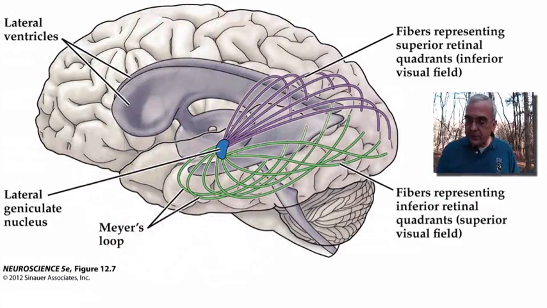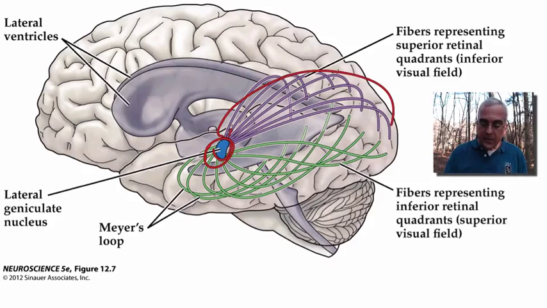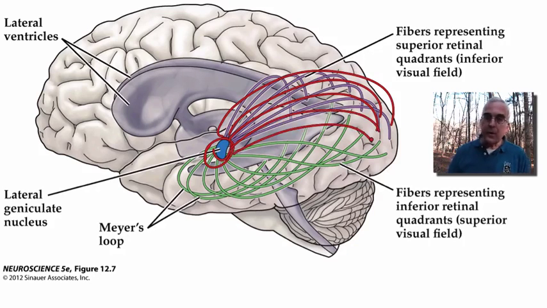Here from the lateral view, again, we find our lateral geniculate nucleus, which gives rise to the optic radiations. The optic radiations sweep around the lateral ventricle. Those that run through the parietal white matter are representing the lower visual field, and those axons travel and terminate in the cuneus gyrus on the upper bank of the calcarine sulcus,